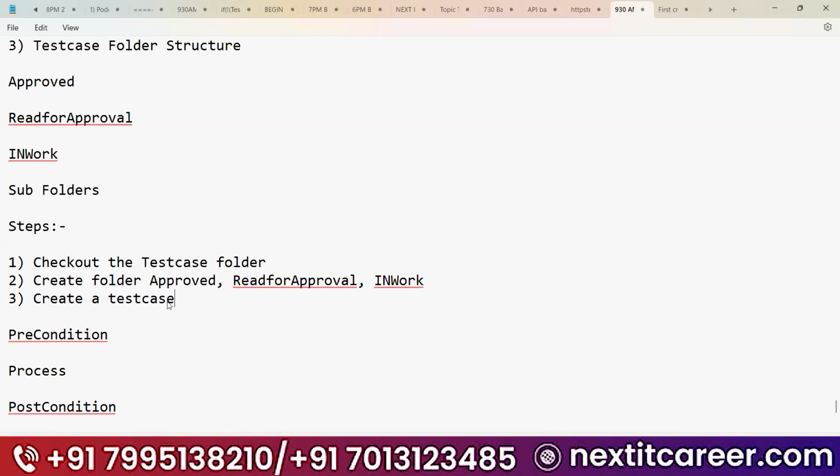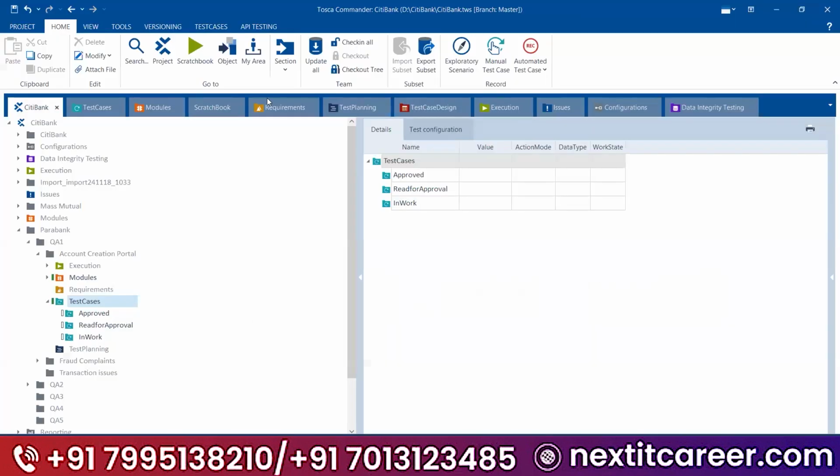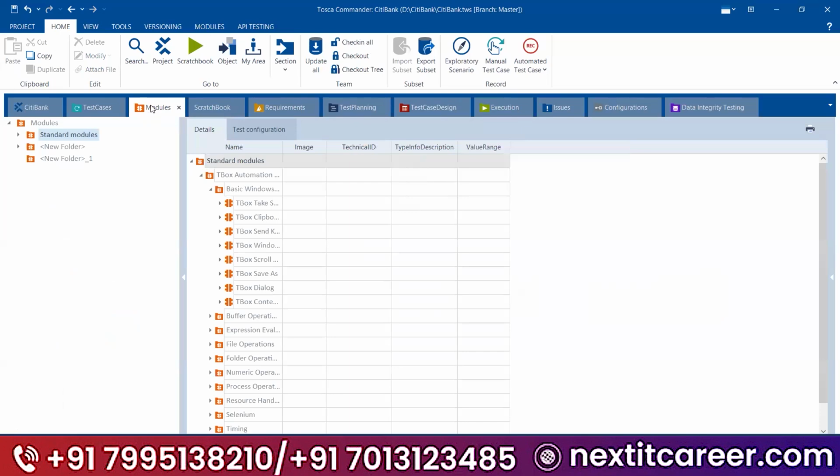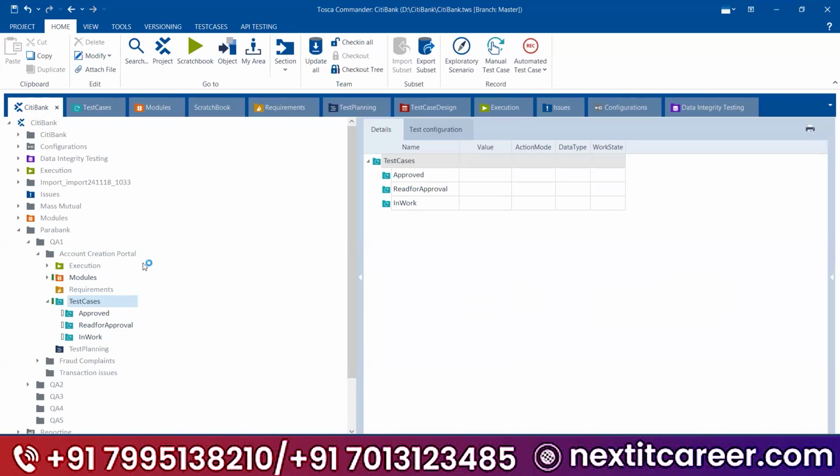Guys, it is a bit confusing at the initial stage, but don't get confused. Why? Because it is very, very important. Okay. In real time, you will handle it like this, not here. Generally, everyone will tell you here, which is very wrong. Don't follow that. Please do it here only, in the component folder only. Why? Because everything will be in one place. Okay. So divide and rule.